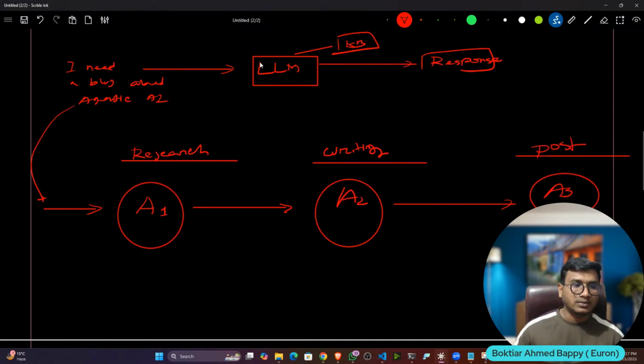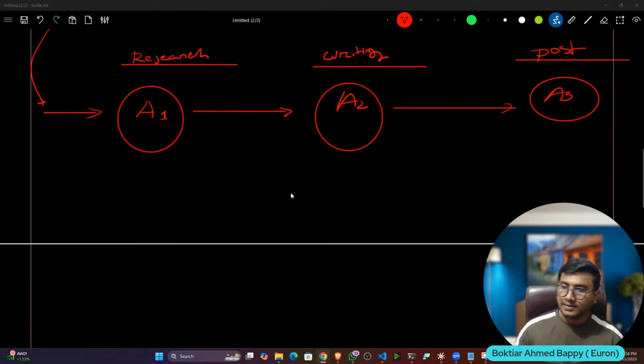So here what is happening, you are only giving one prompt: I need a blog about agentic AI, and all the tasks are getting automated. First of all, it will do the research operation over the internet. After doing the research, it will send it to agent 2. Agent 2 will write the blog. Then it will send it to agent 3. Agent 3 will post this particular blog over the social media. So you don't need to do anything manually here. You are only giving a prompt and defining the agent tasks, and your task would be automated, like